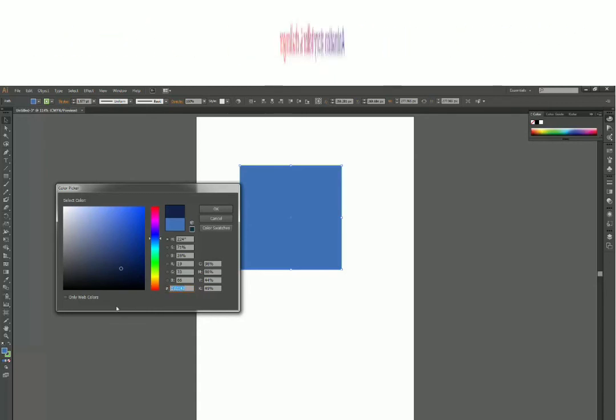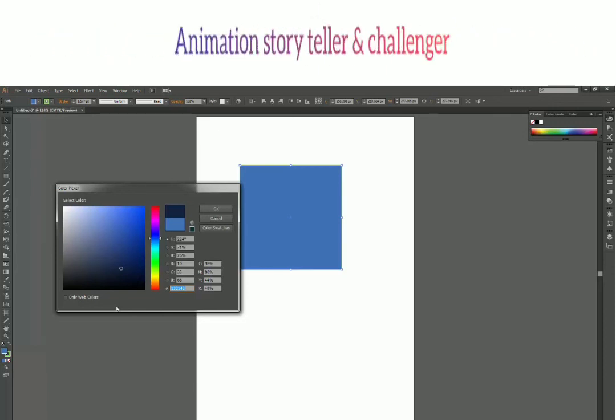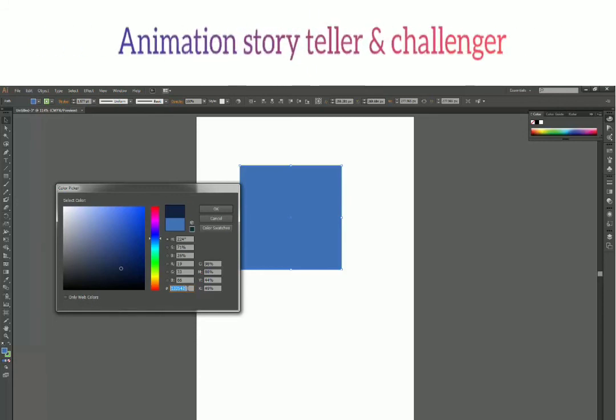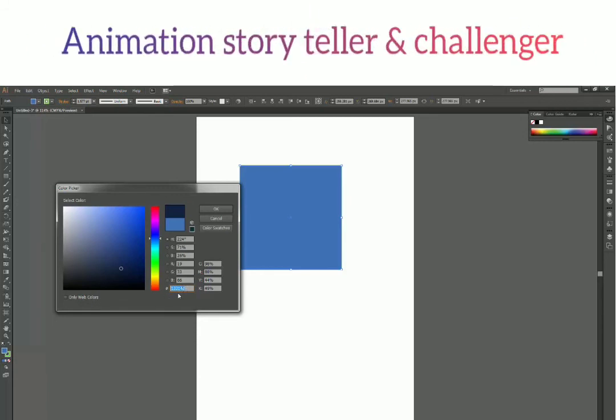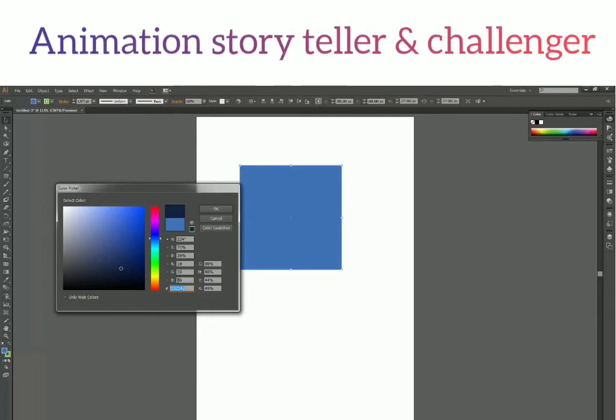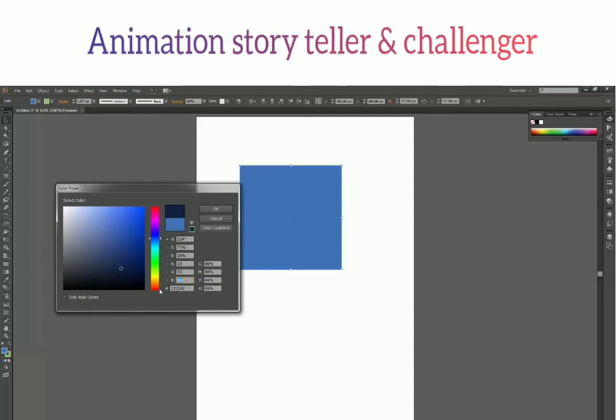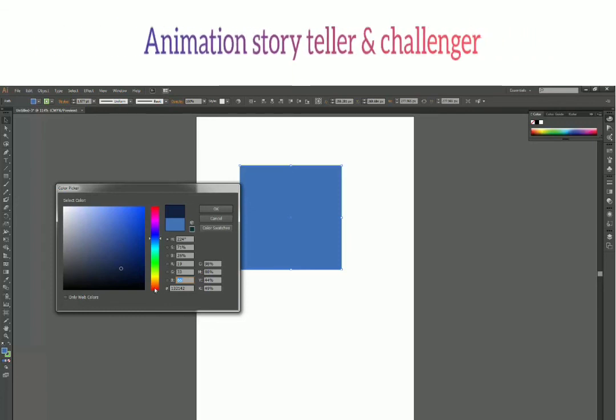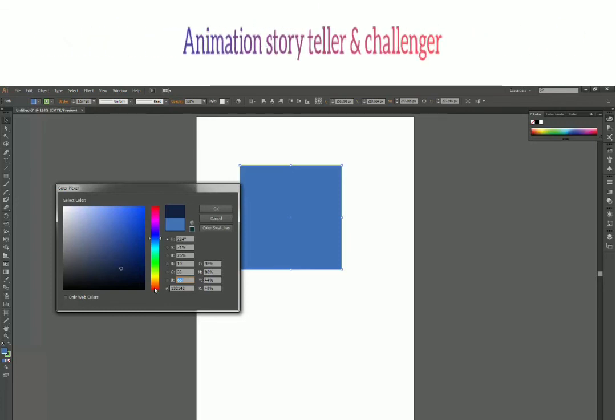Let's say you are duplicating colors across different software, and you don't have a color picker there to pick from software to software. What you can do is copy this color value and paste the same color value into different software, and you will have exactly the same color. Or if that software doesn't support this color value, you can note this RGB value and make this color in another software using these RGB values. So like this, we have hue, saturation, brightness, and these values also. It is good to know that we have all these options, and in case we need them, we can use them in any way we want.